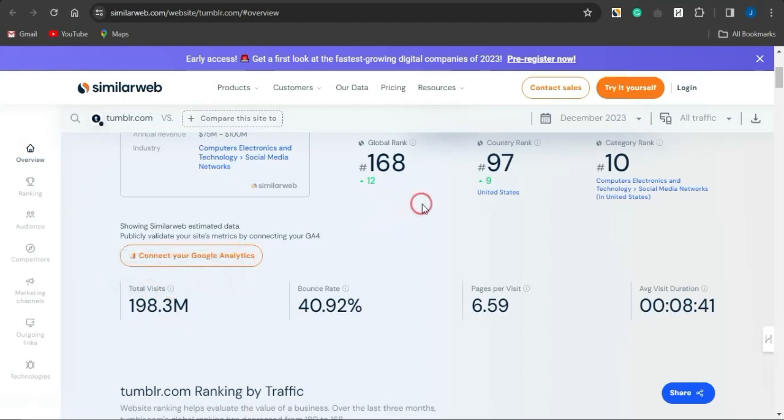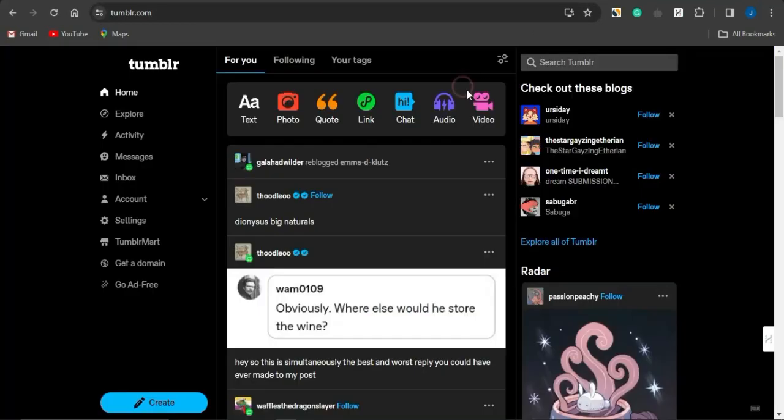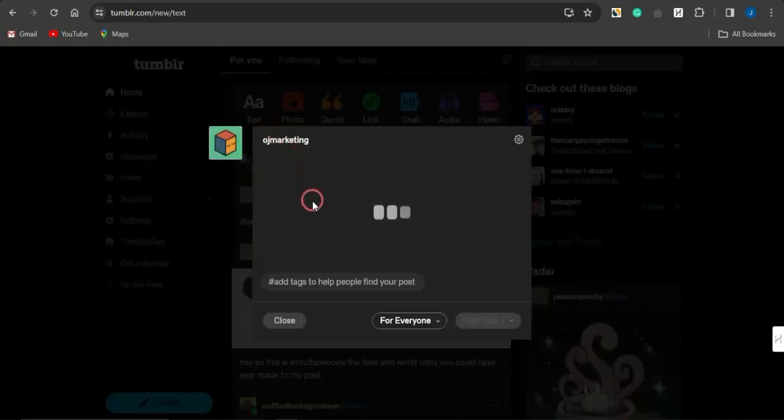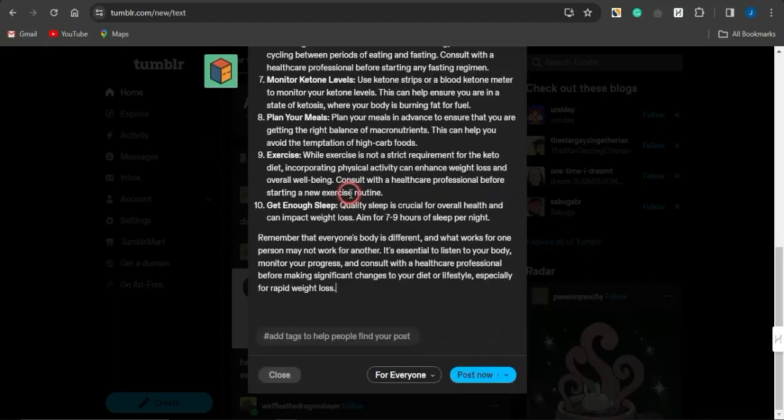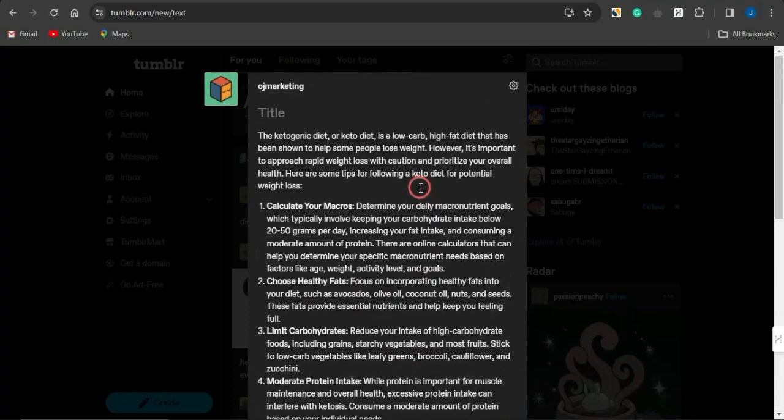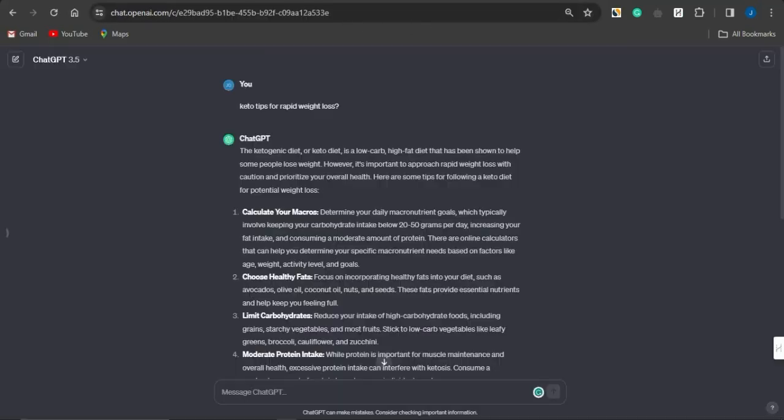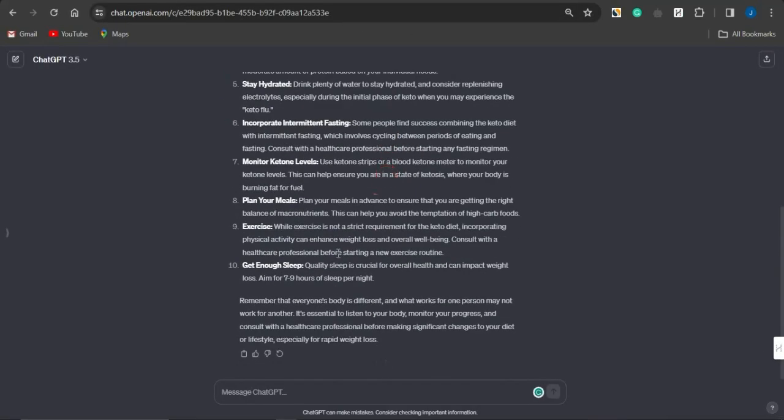All you need to do with that platform is sign up. It's just a social media platform. Once you sign up and log into your account, click on this text section where you can write something quite amazing. So right now I'm going to paste in that particular text. You can see you just need to add a title. For me to add a title, I'm going to go back to ChatGPT and ask ChatGPT to generate a title for this.